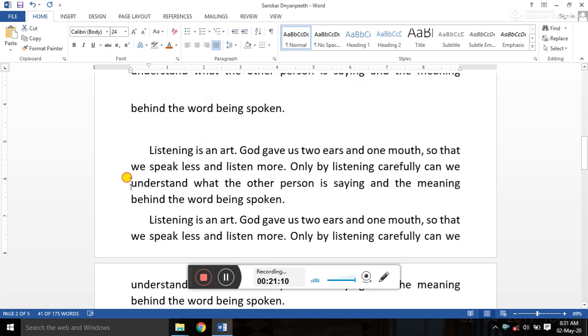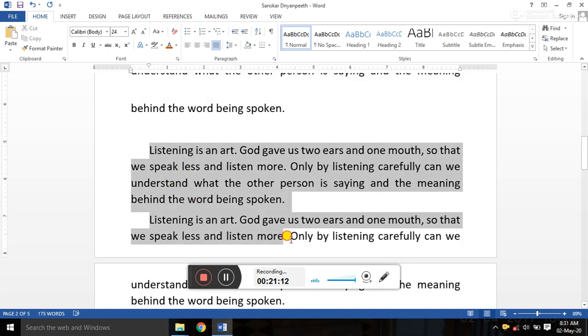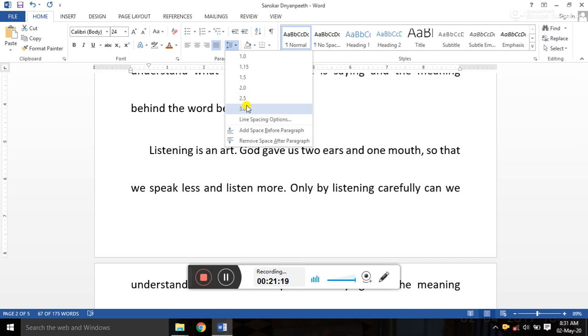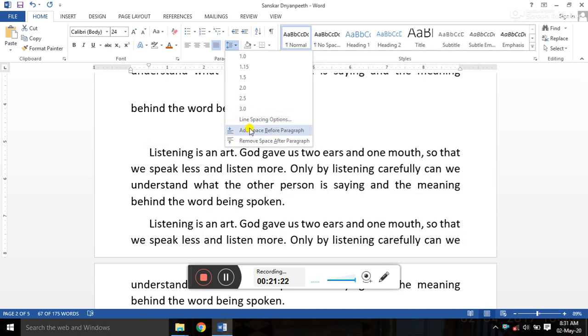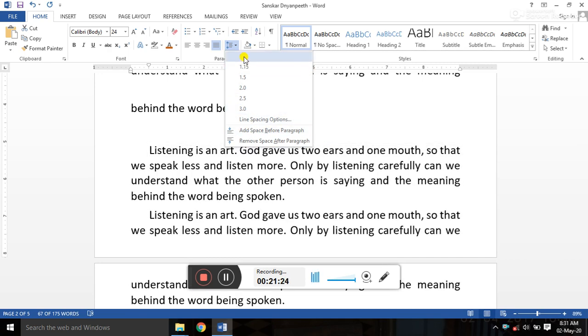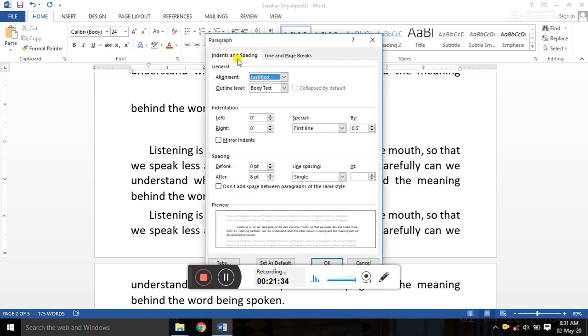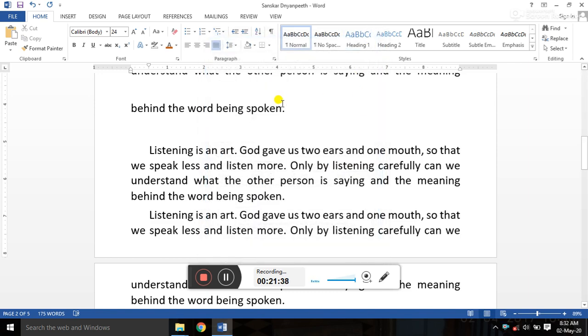Now after that, see here, listening is an art and listening is an art. I select these two paragraphs. Now while clicking on the drop down menu, see here the space is generated in between two paragraphs, right? This is the paragraph spacing. Now after that, see here indent and line, these options are again there, right? Now here 2-3 options remain, that is decrease indent and increase indent.